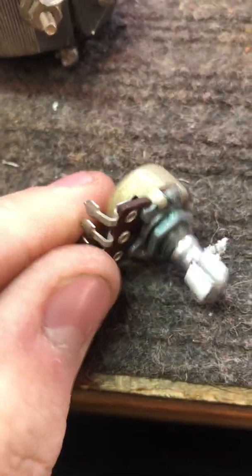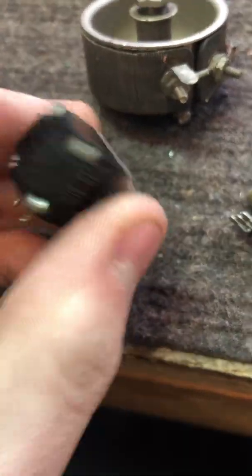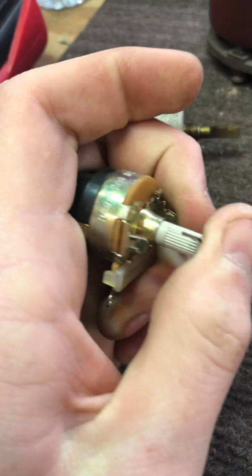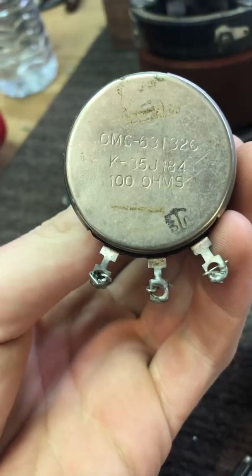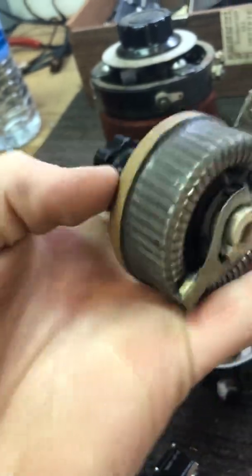Like this one is common in CB radios and anything that has a knob. There's another one, slightly bigger one. This is one that has a power switch built in to it. This is one out of a stereo, 100 ohm. This is what somebody would most often call a rheostat because it's exposed and it has a carbon brush